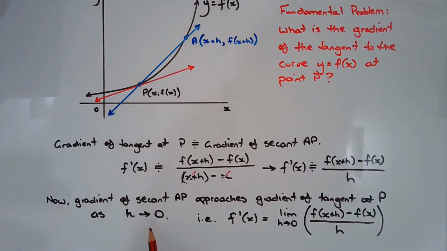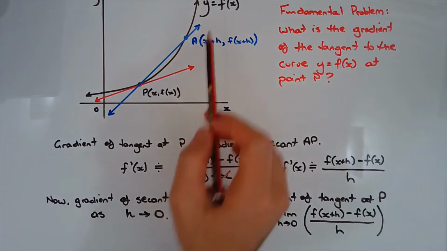Okay, we have another fundamental issue that now comes up. What happens if you make h 0 here? Well, you've got a run of 0, and that creates a problem in itself. You can't have division by 0. So therefore we have this limit operator that'll help us in this process. Now, if we can somehow make h 0,